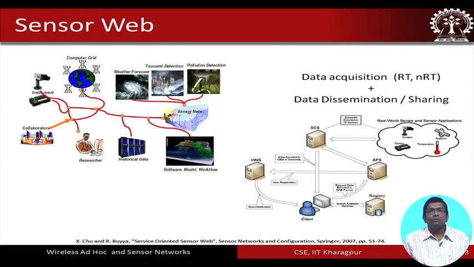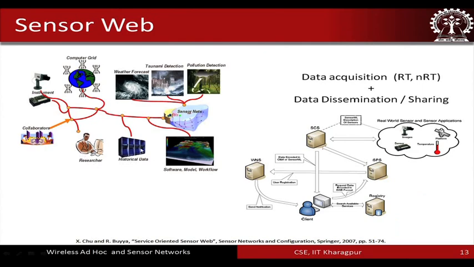So, now let me show you a few different flavors of sensor networks. One of the very prominent architectures of sensor networks is called the sensor web. In a sensor web, as we can see over here, we have different sensor networks, we have different other things, we have